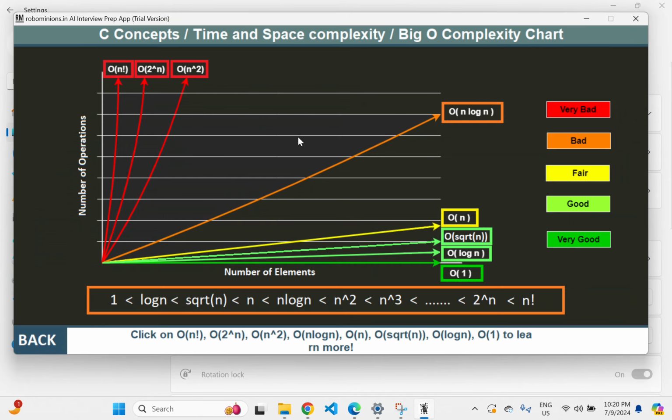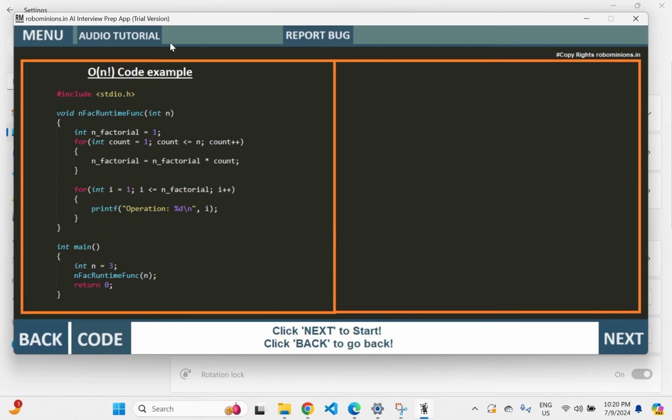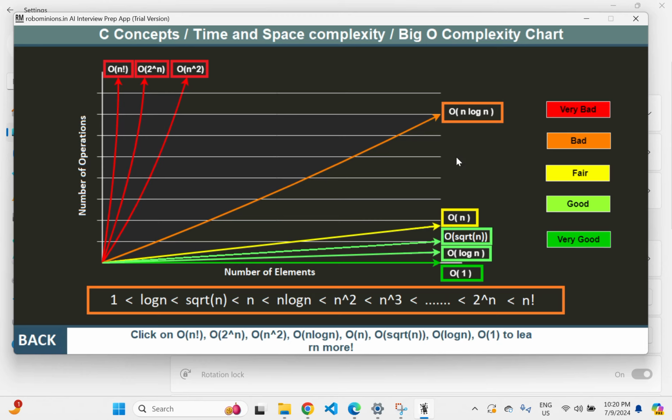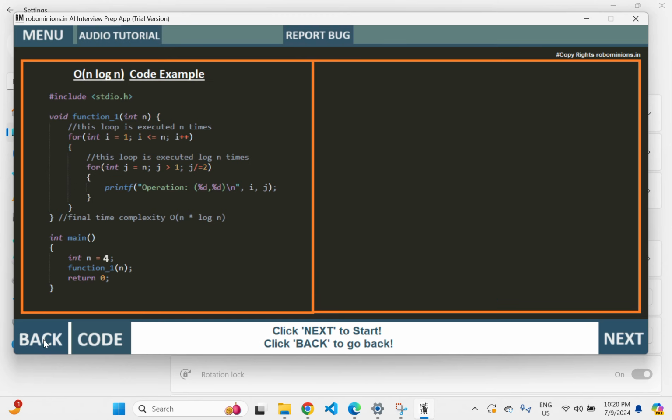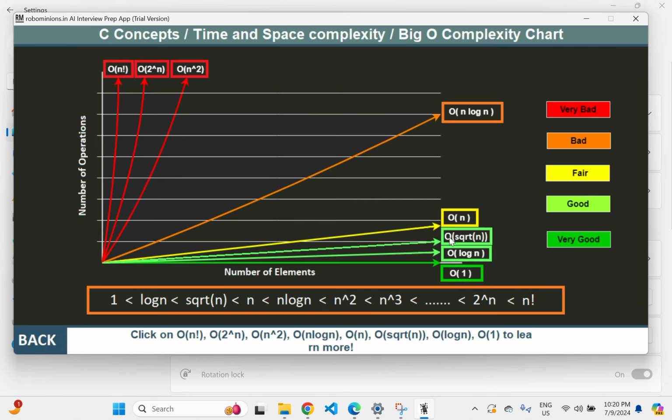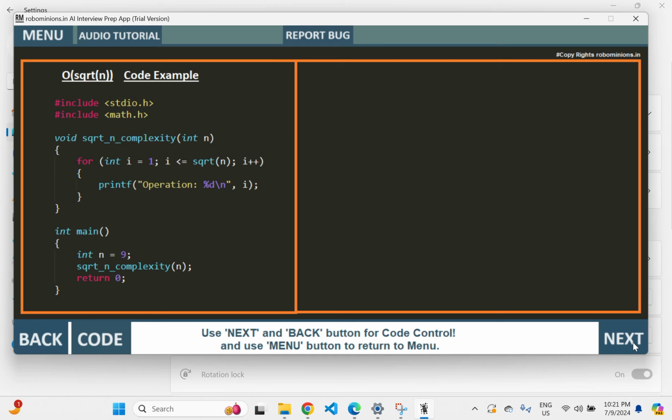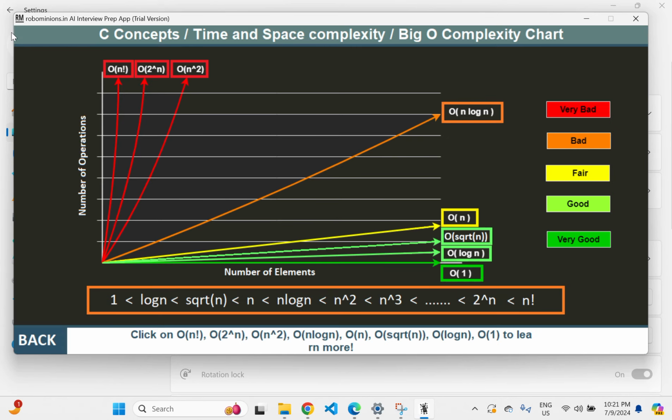Time complexity. So the complexity chart is available. By clicking on big O of n factorial, you go to the code of n factorial. By clicking on n log n, you get to know how the n log n works. So you understand which big O value is bad and which is good. You get a clear understanding of that, how the square root of n works. Just click next and it will provide you the number of operations in the code. So you can visualize the